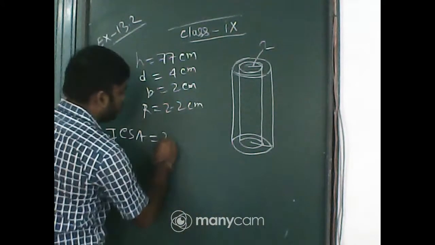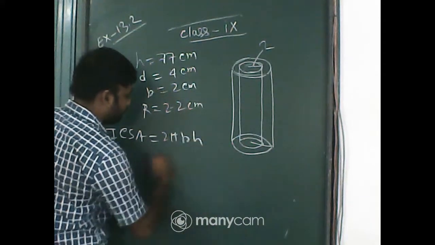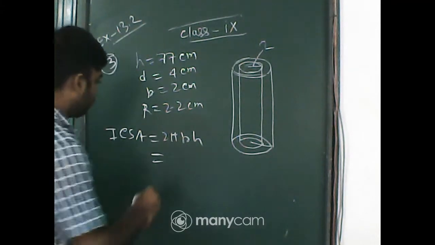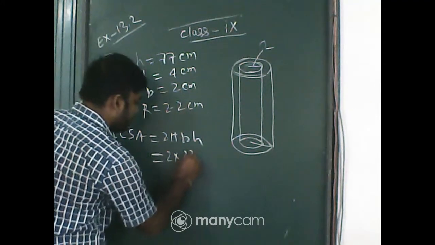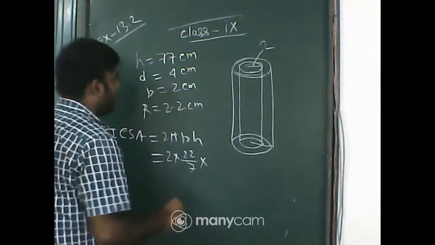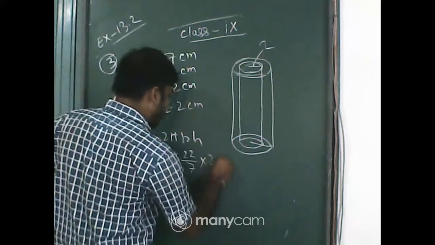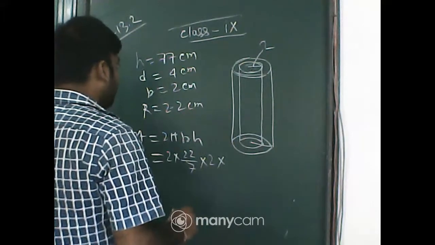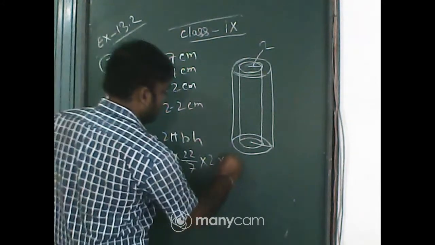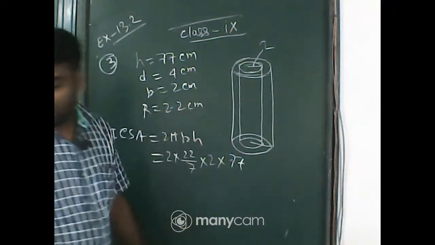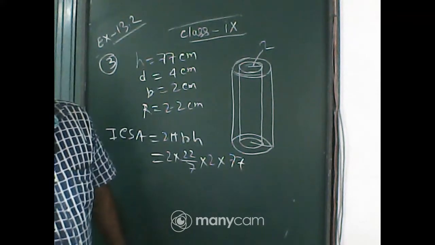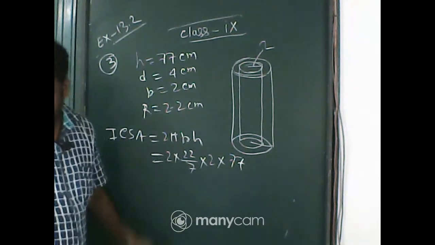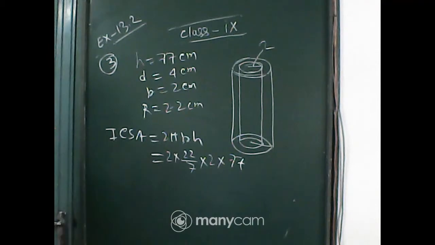That formula is 2 pi r h, 2 into 22/7 into r equal to 2 and h equal to 77, that is 77, so you will get